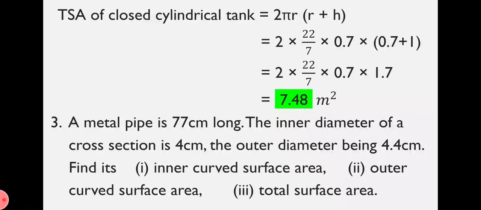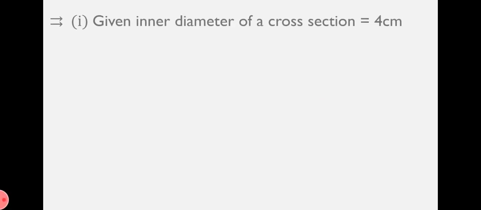Such pipes have inner and outer diameter both. So inner diameter of this metal pipe is given as 4 centimeter and outer diameter is given as 4.4 centimeter. We have to find three things, that is inner curved surface area, outer curved surface area and total surface area. Now for question number 1,